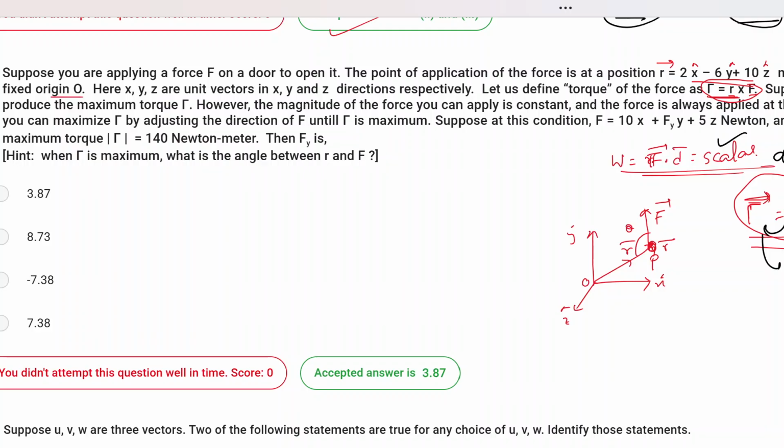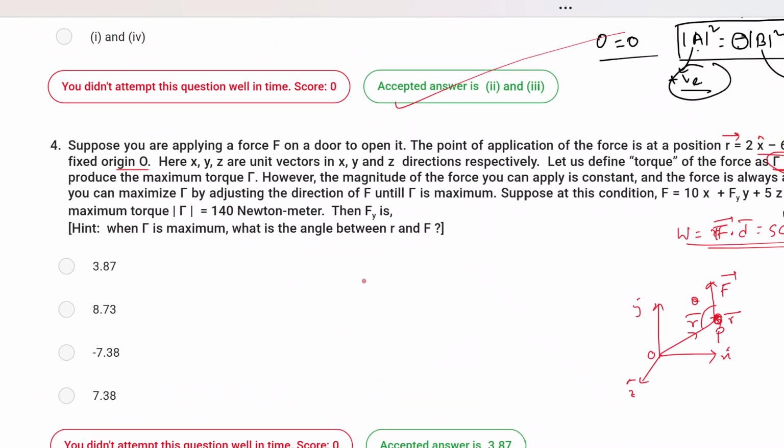So let's say this is your R vector and this is your F vector. Another vector, that is the cross product of R and F, will be in a certain direction, so you have to imagine it in 3D. I may not be able to draw it properly, but it is a certain vector tau which is perpendicular to both R and F, right? So R cross F will be in a direction perpendicular to both of them. Anyway, that is not required for this calculation.